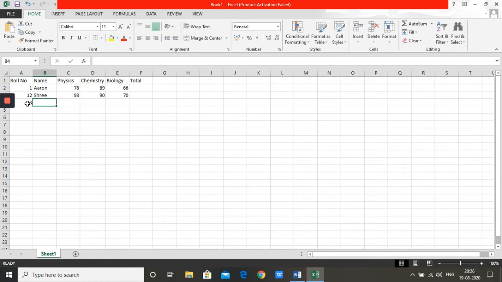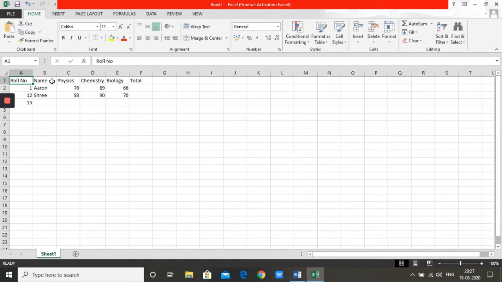See, one more thing I want you to note now. Roll number, name, physics, chemistry, biology, total. This type of data, what we have typed here, this is text, T-E-X-T. You were told about the difference between text, numbers and formulae in the previous class. So text is any combination of alphabets, numbers and special characters.